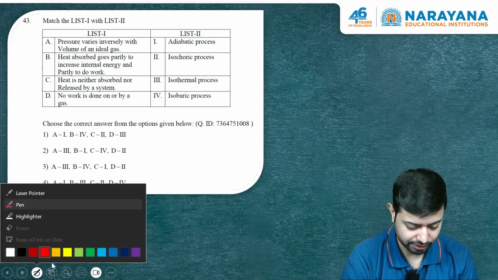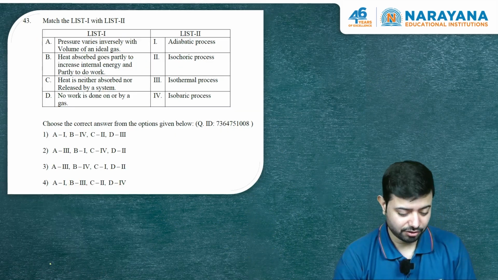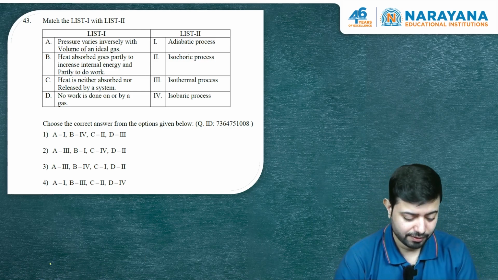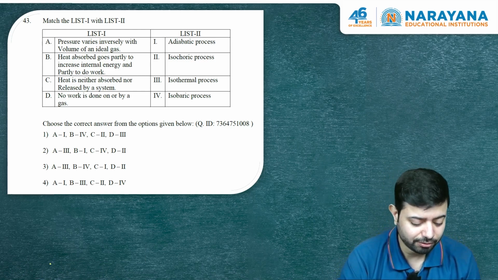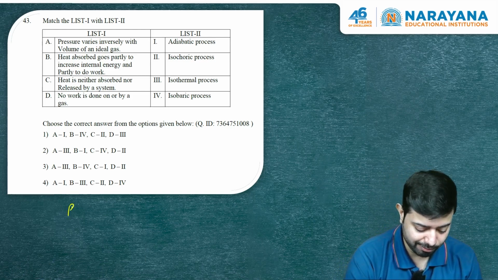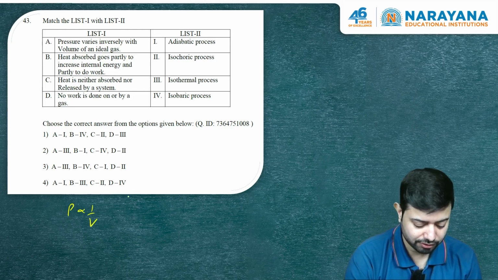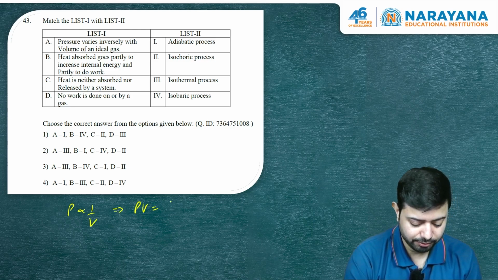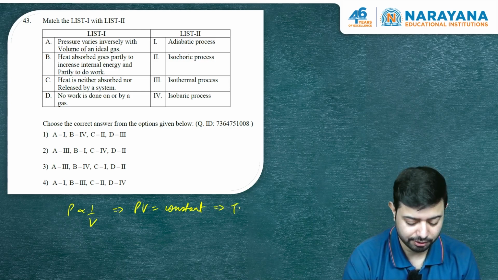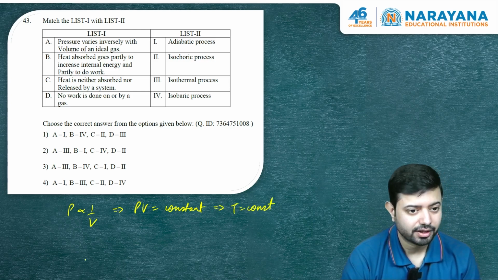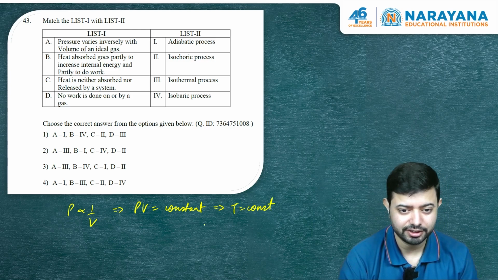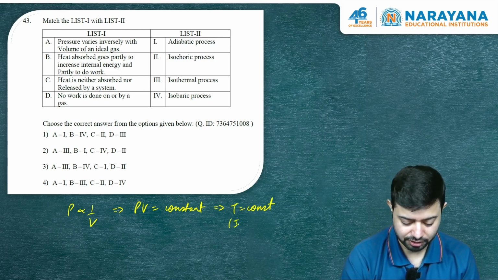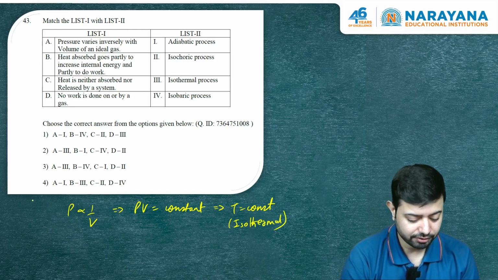Let us move to the next one. Alright, so this is a match the column list 1 and list 2. Pressure varies inversely with volume of an ideal gas. So, it is something like pressure is proportional to 1 by V, or pressure into volume is constant, and therefore, it implies which one? Temperature is constant. PV equal to nRT. So, T is constant, isothermal. Alright. Next one,